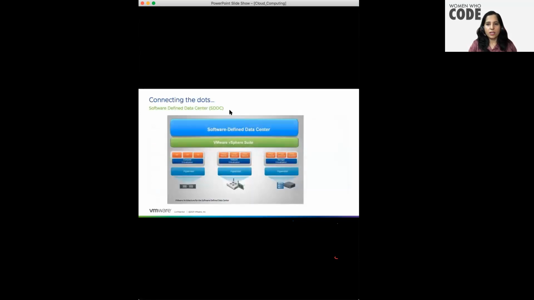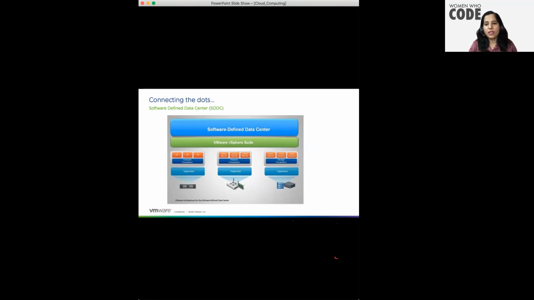Now let's connect the dots. We have seen the basics of how virtualization works, why we need virtualization, and what the different types of virtualization are. So now you can imagine how the software defined data center will look. In this figure, you can see there's a physical server, physical storage, and the physical network. Right? Over that, the hypervisor or abstraction layer is installed, which abstracts or virtualizes the physical part below, and provides compute virtualization, network virtualization or storage virtualization. Compute virtualization is nothing but a different name for server virtualization.